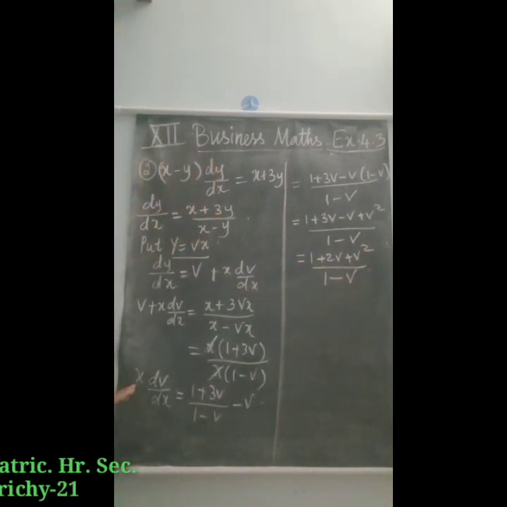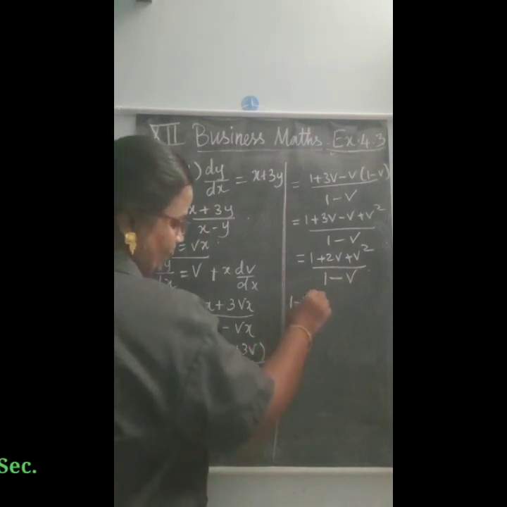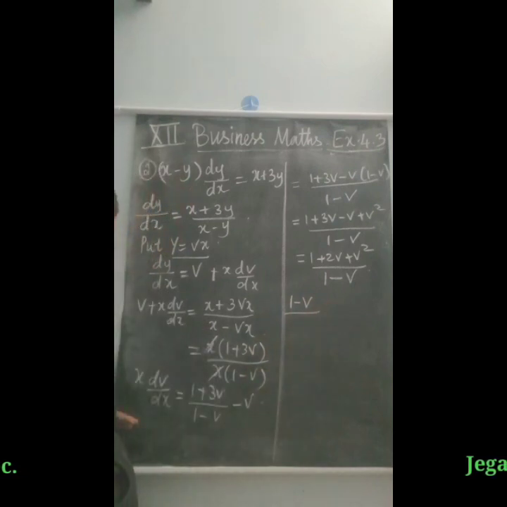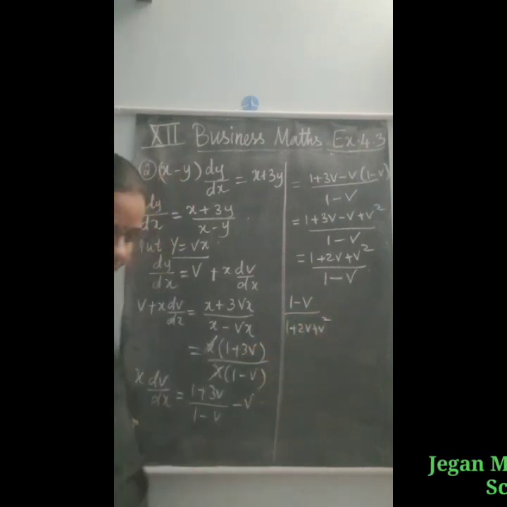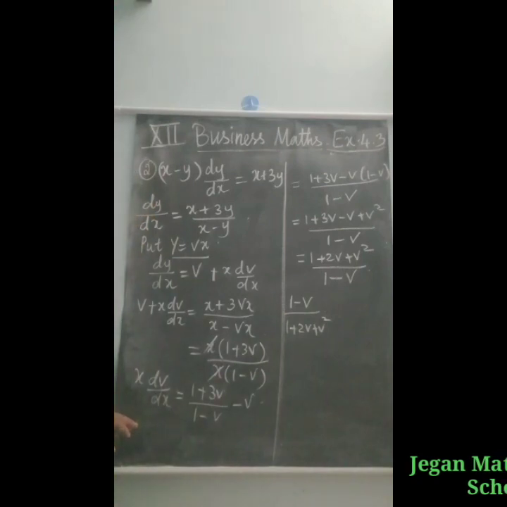Now on the left hand side, x into dv by dx is here. Now we have to separate the variables. If we separate the variables, we will get (1 minus v) divided by (1 plus 2v plus v squared) into dv is equal to